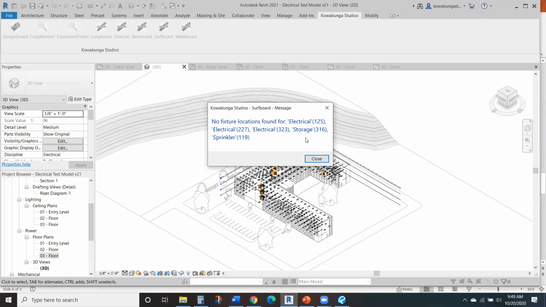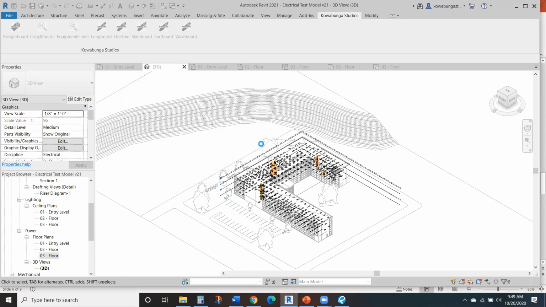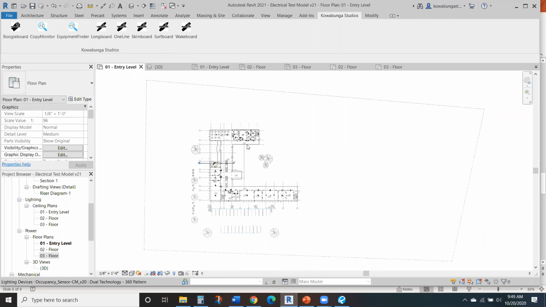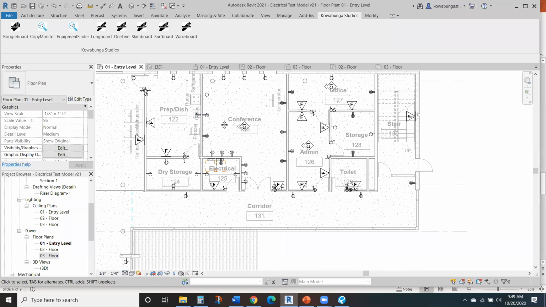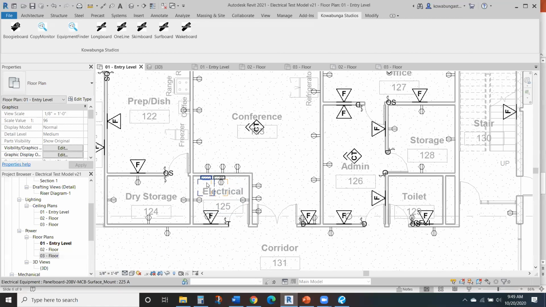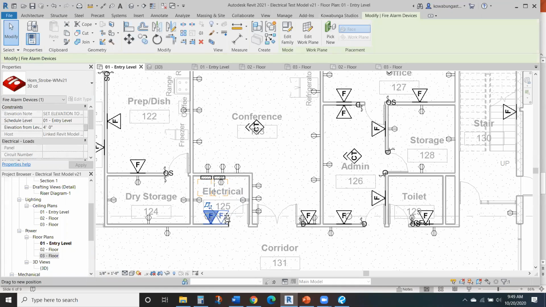So it's going to show you that, hey, we need to check out a few of these places, but let's dive in. So here we go. Let's sign out. So let's just do power real quick. So power. Within our conference rooms, we put 3 on each wall. If you'll remember, we put 2 panels on each wall. And in our electrical rooms, we got a receptacle on each wall. We got our switch next to the door, got our fire alarm device,